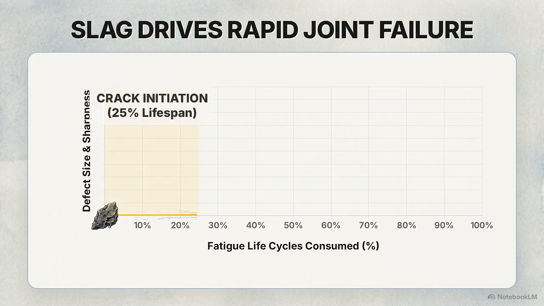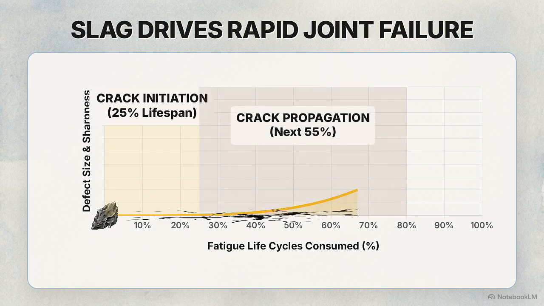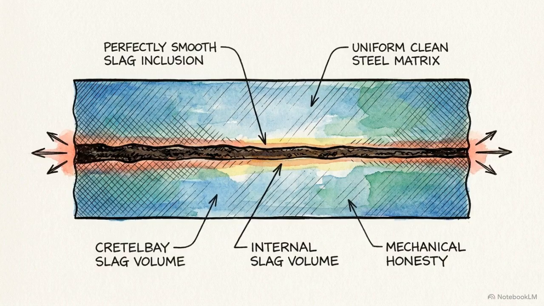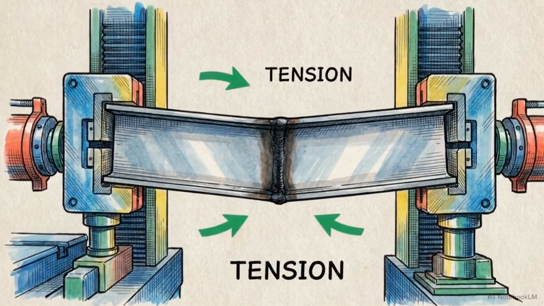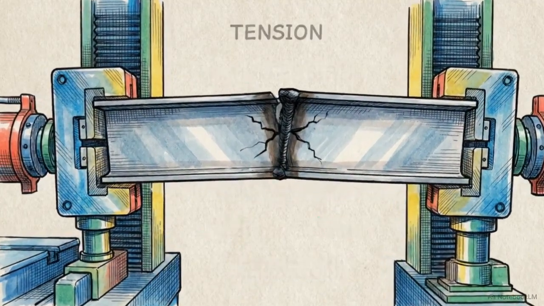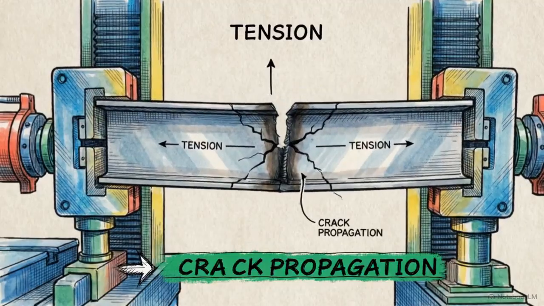First, 25% of the joint's lifespan is exhausted, initiating a crack at the inclusion. Then, the next 55% is consumed entirely, propagating that crack to the surface. The mechanical reality is specific. The sharpness, size, and position of the inclusion dictate the failure rate far more than the overall length of the slag line. Because sharp geometric inclusions so drastically reduce cyclic lifespan, inspection codes are calibrated to target the localized anomalies